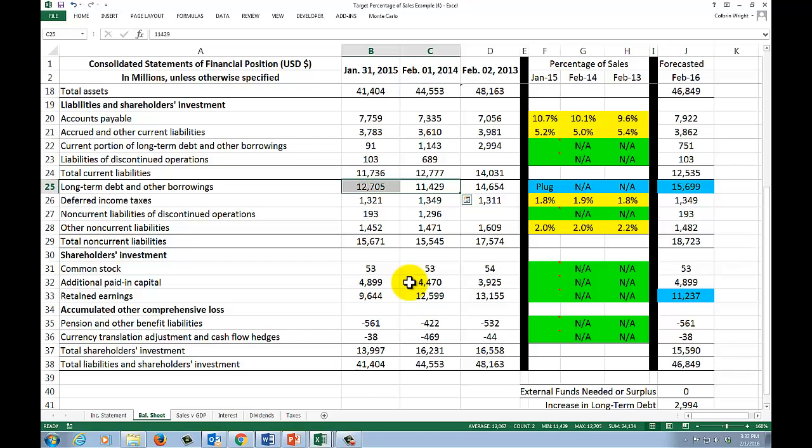Maybe we can't grow this fast. Maybe we want to pay less dividends. We might want to think about issuing stock. So we might want to think about how we're going to fund this growth. But I hope that gives you a nice real-world example of how you can think about doing percentage of sales